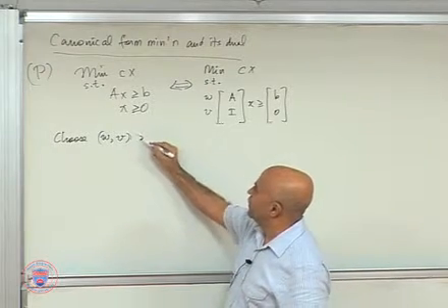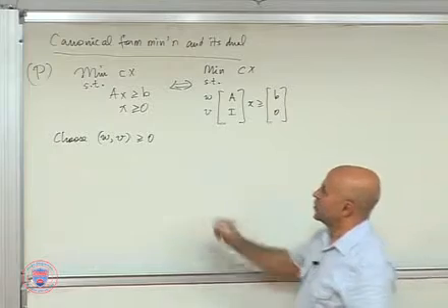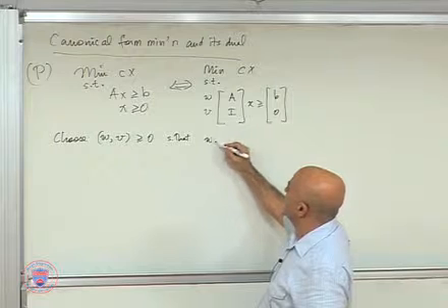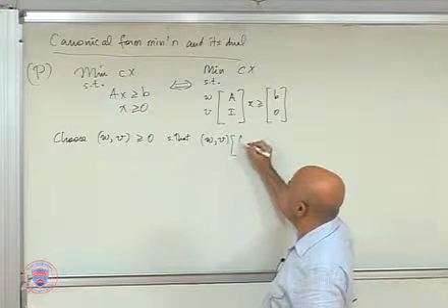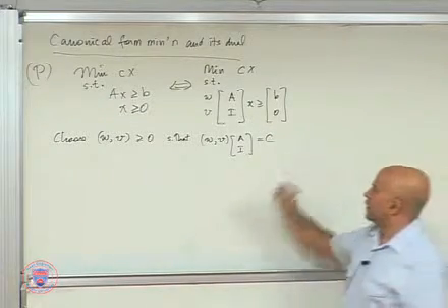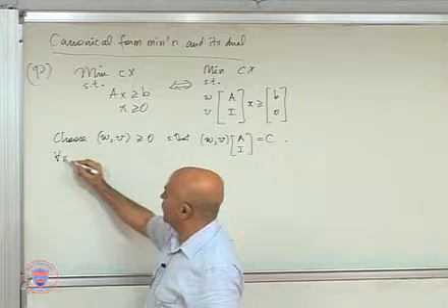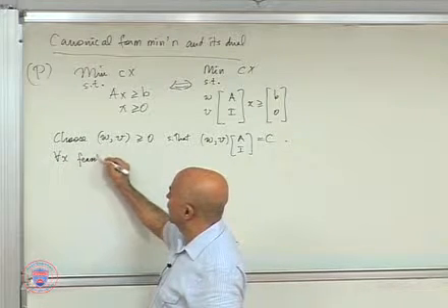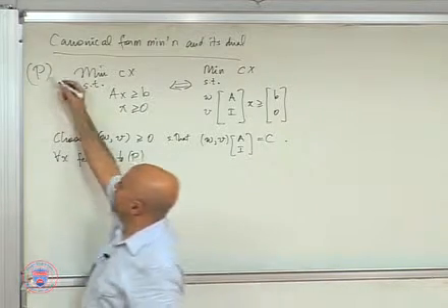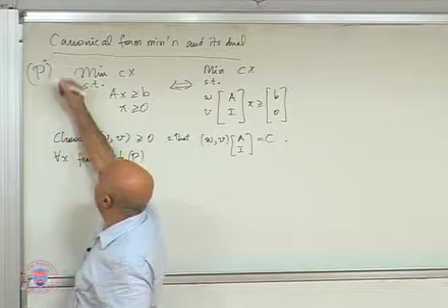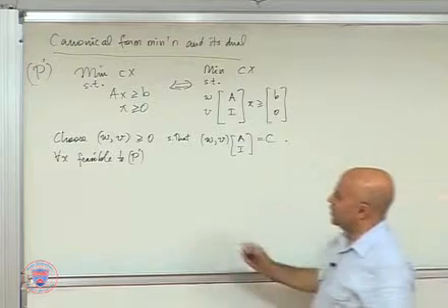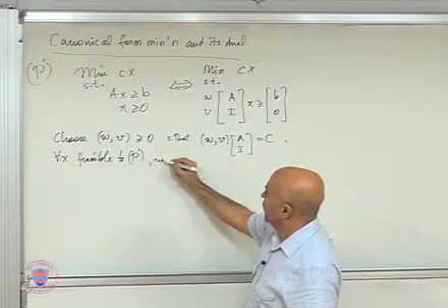Choose W and V non-negative in each component such that WA plus V times the identity gives you C. Then, again, for any feasible X, of course, P is here, say this P, let's call it P prime. For any X feasible to P prime, we have then